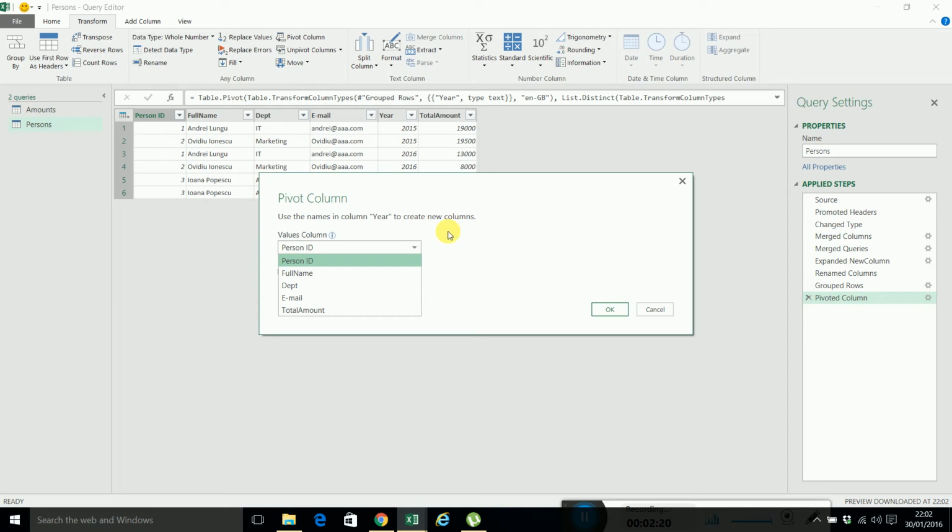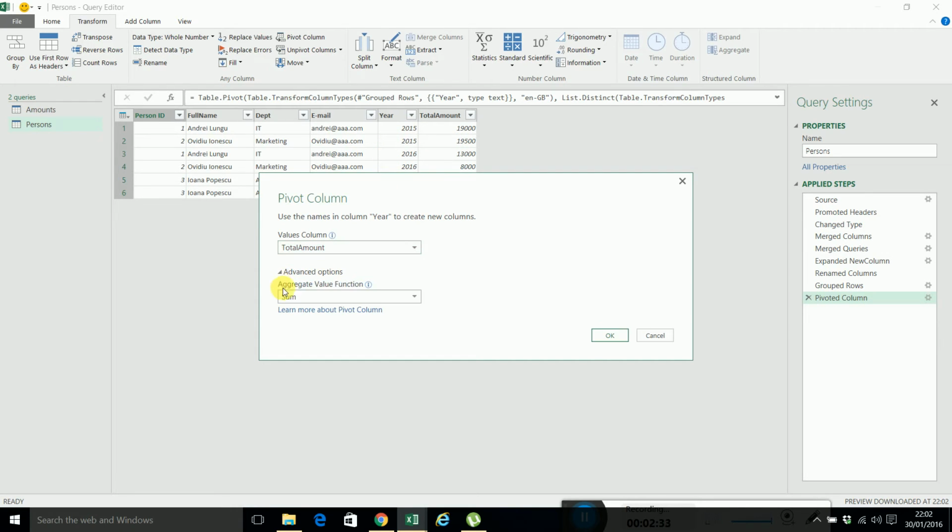So here we select the total amount column, because we want to pivot these amounts on every year. Okay, let's see what we have here. The aggregate value function, it would be a sum. We could also use other options, the minimum, the maximum, average, and so on, but now we just want to sum, because